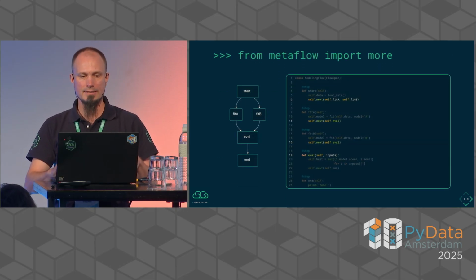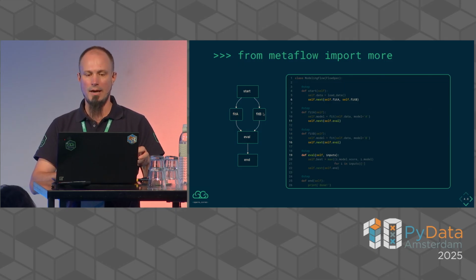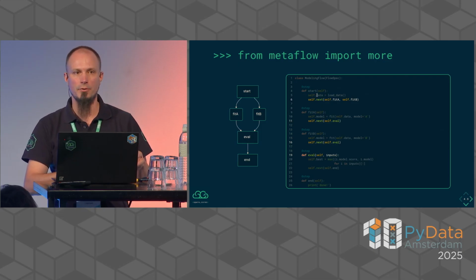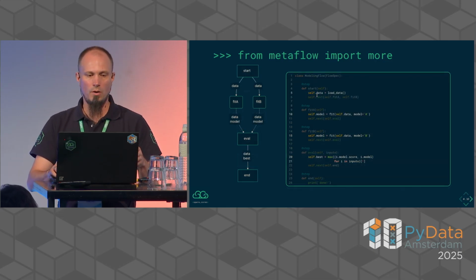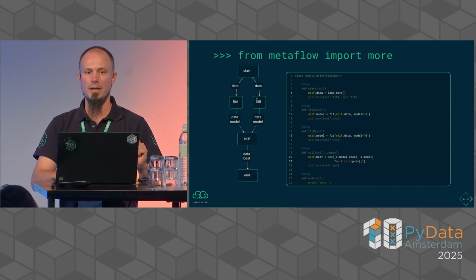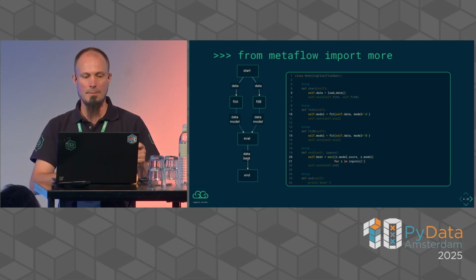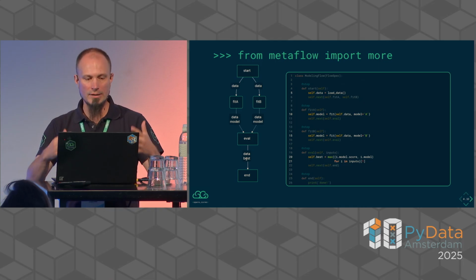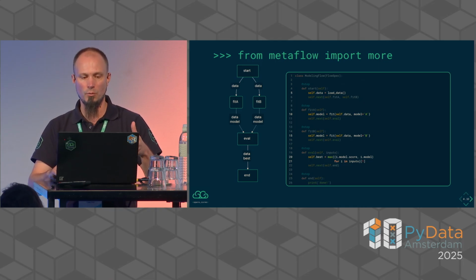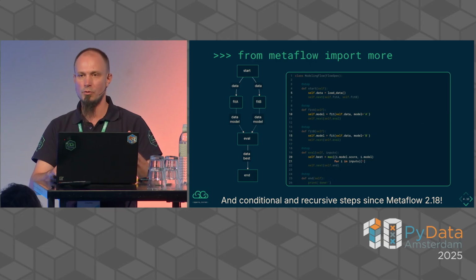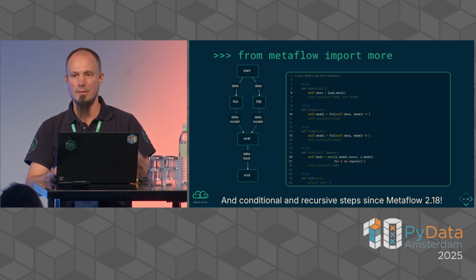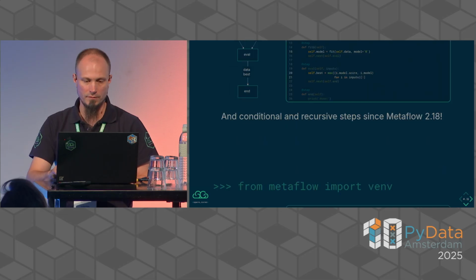So here's a more complex case. It's not a linear one, but actually we are training a model A and a model B at the same time, and we are doing that by executing fit A and fit B in parallel after the start step. What I would like to highlight here is that we are passing the same data to fit A and fit B. Those are returning different models that we combine in the eval step to the best model. So you can join all these artifacts, define what you want to do with those, and you can do even more. Like more recently, the recursive steps and conditional steps have been also introduced, so that's super useful for many